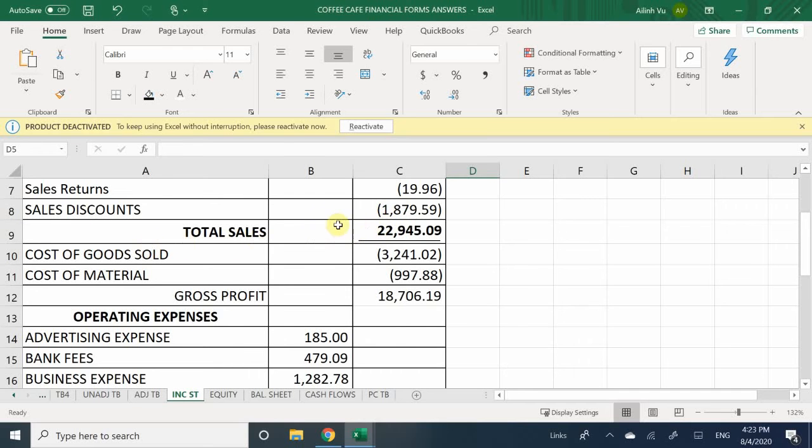I have to subtract my cost of goods sold and my cost of materials to get the gross profit. So by doing so, I subtracted my total cost of goods sold, which is $3,241, and I subtracted my total cost of material, which was $997, to get a grand total gross profit of